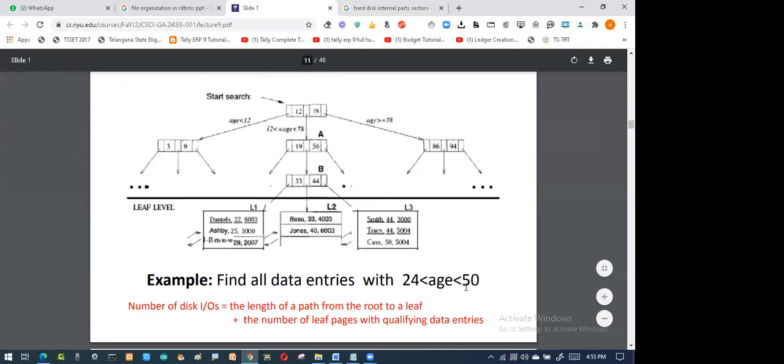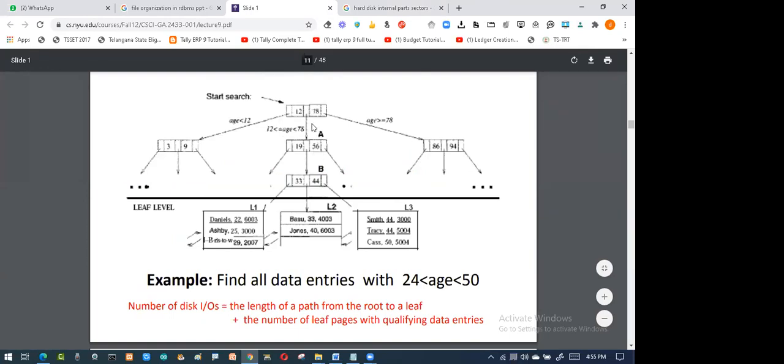So below 70, I'm saying. So it is 78 above. So it is coming over. So 78 above, it is like this. Then again it is saying less than 2, so I will not go here. Again I will come over here, and I'll be searching in between the 12 and 78. So it will come under this category. Then it is level A.